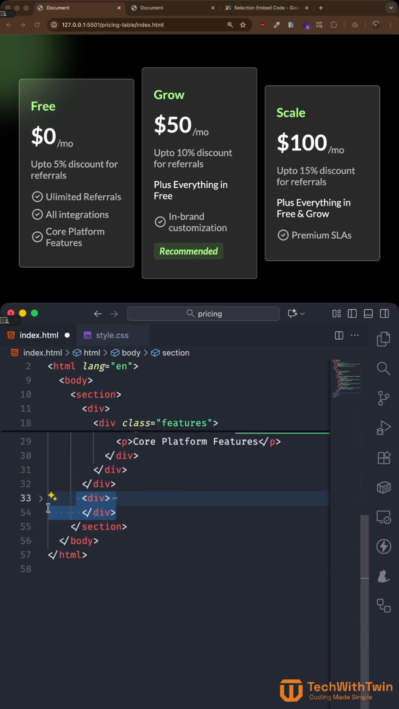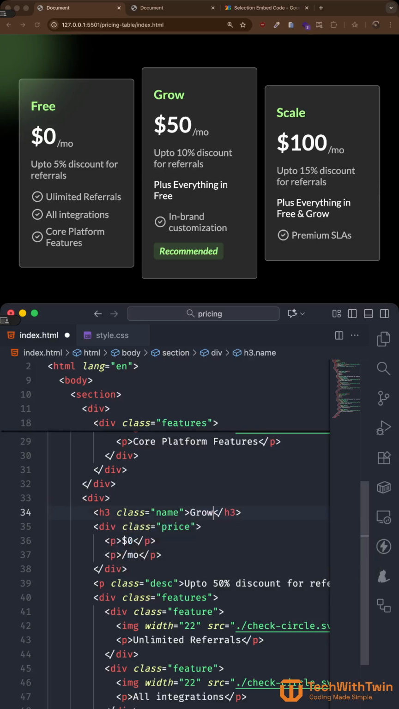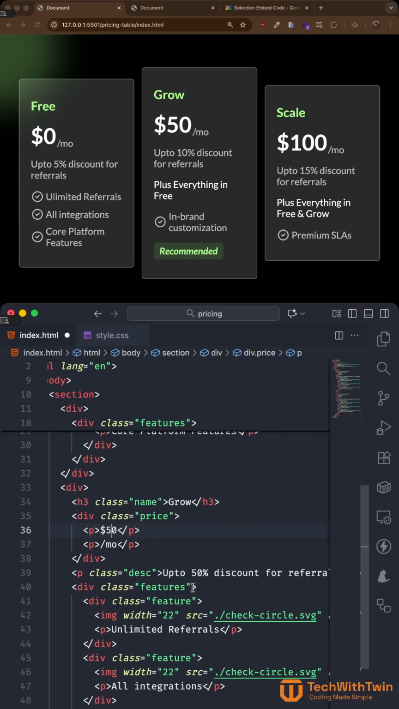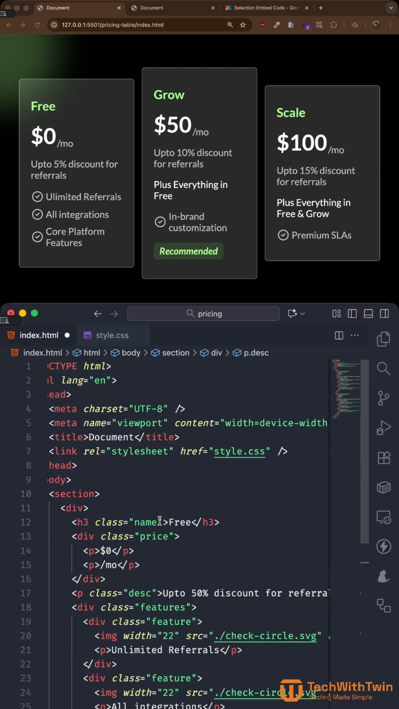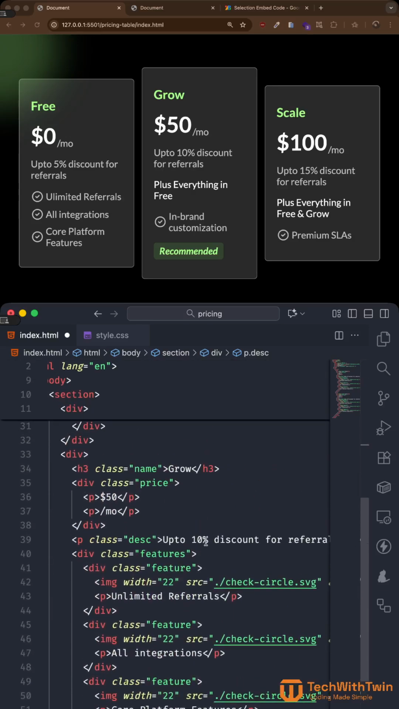All right, so this is the next card. So this one should not say free. This one should say grow. And then this one is $50 a month. So we can say 50. And then this one is up to 10 discounts. So we change this to 10. And the first one, it's not 5, it's 5% discount. So up to 10% discount. And then they're not following each other exactly as we would like, but